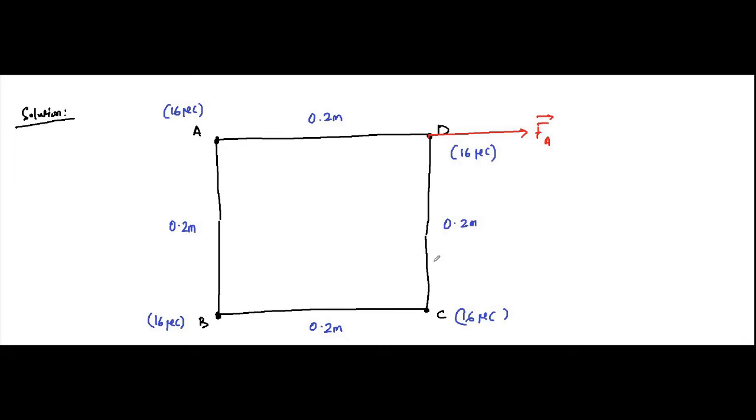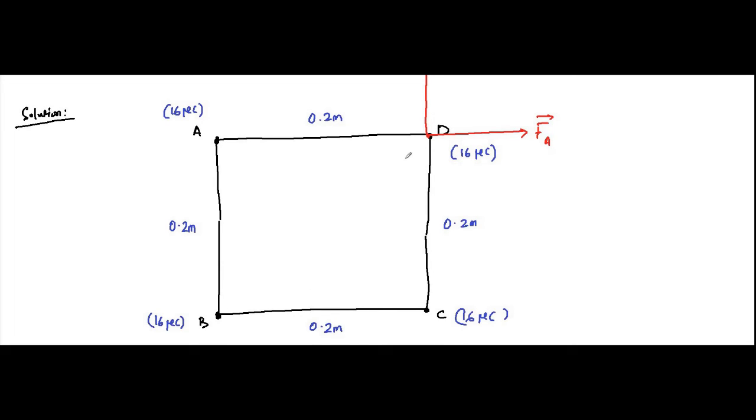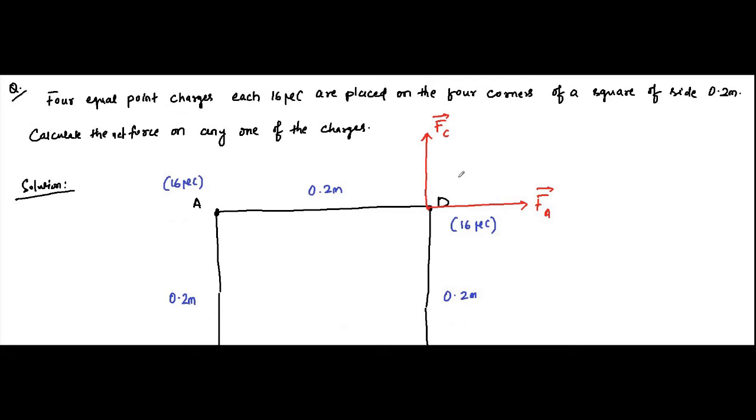Another force will be acting because of the interaction between D and C. They are also the same sign and equal magnitude, so it will act in the vertically upward direction. Let's call this FC vector. Another force will be acting because of the interaction between B and D. It will be in this direction, like this, and that will be equal to FB